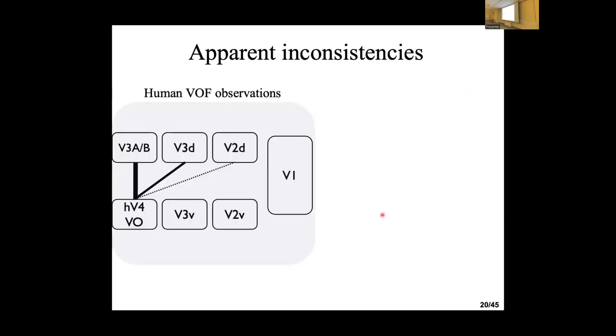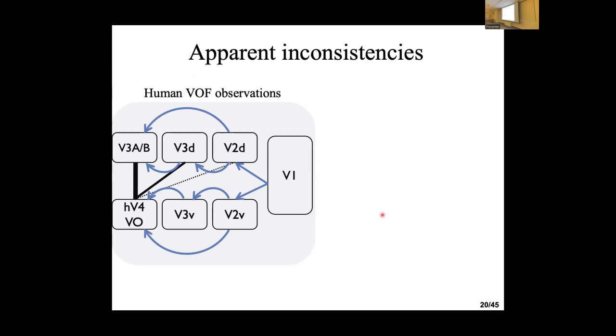So getting back to the original observation, from our diffusion data and a couple of other groups in humans, we can see the VOF across different groups, datasets, and modalities. Apparently it looks like this: V3A/B and hV4 are kind of central for communication between dorsal and ventral. Of course, there are other connections. We only focus on the VOF, and we should be aware that there are other short-distance U fibers connecting nearby areas to each other. Then we can imagine that the information architecture looks like this.